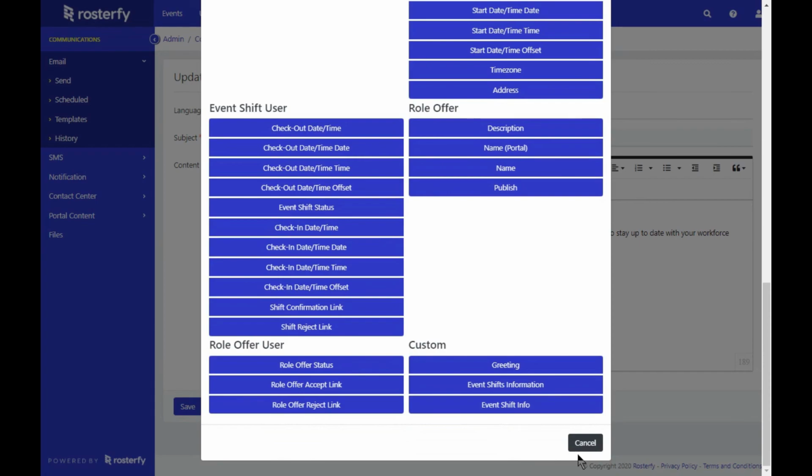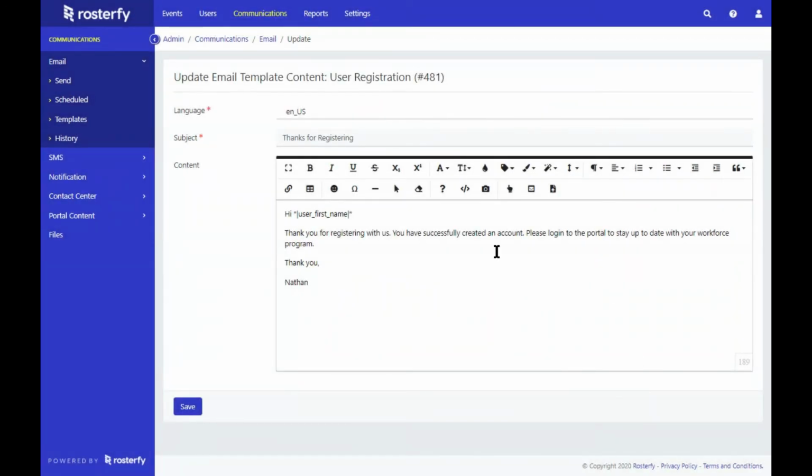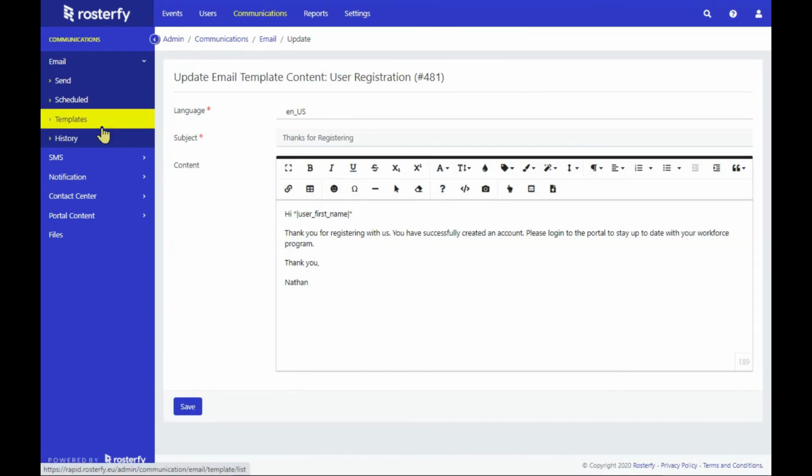I'm pretty good with everything I've got, so I'm just going to close the window down because I'm not adding anything to it. I'll keep it nice and simple. But if I had anything, I'd add it in here, and I'd use the merge tags to provide the information of what they need once they've completed sign up.